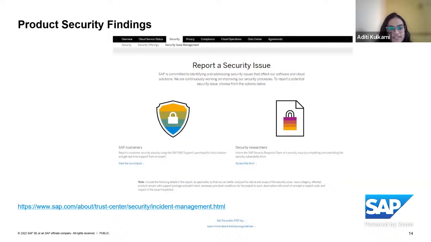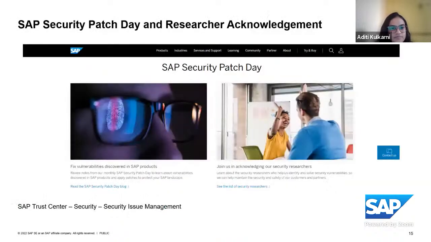So this is how, at SAP, we receive vulnerabilities from researchers who are not registered on the platform for the program, or if it's an application not in scope of the bug bounty program. These vulnerabilities are received by PSOT, and then worked with the development teams to analyze and fix them.